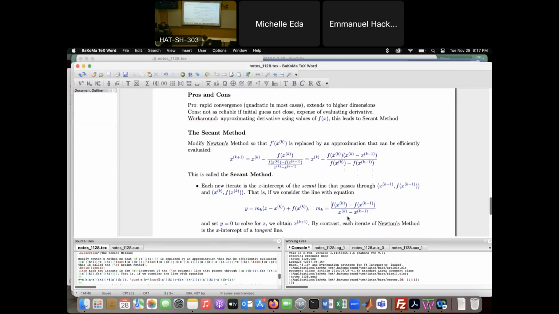But presumably, if these x values are converging to a limit, then this slope should converge to the derivative anyway. So still the same idea of approximating f by a linear function, and then finding the x-intercept of that line to get to the next iterate. Just like in Newton's method, it's just which line you're using that is different between the two